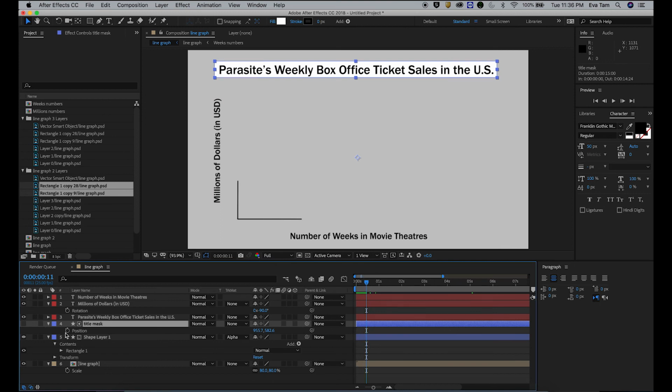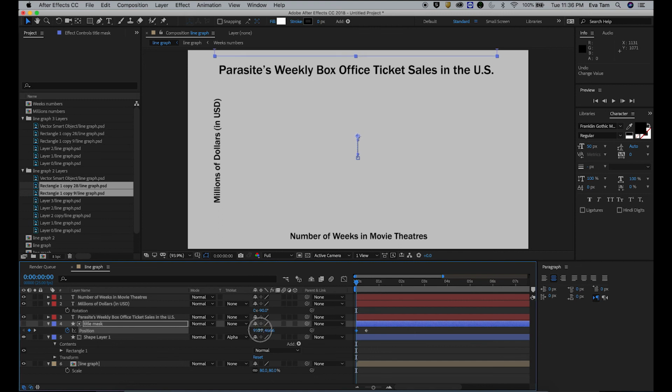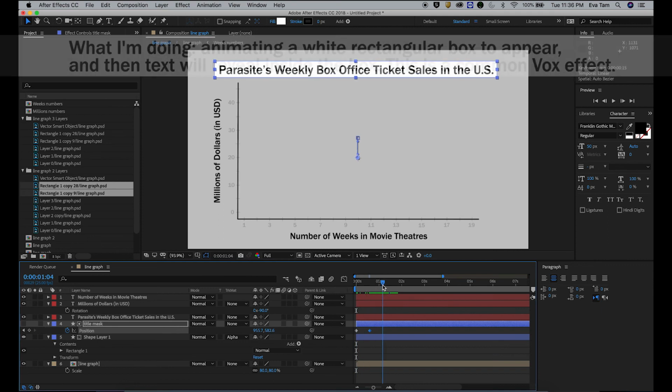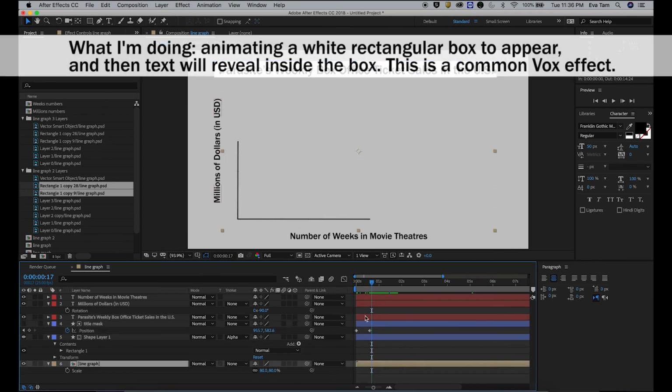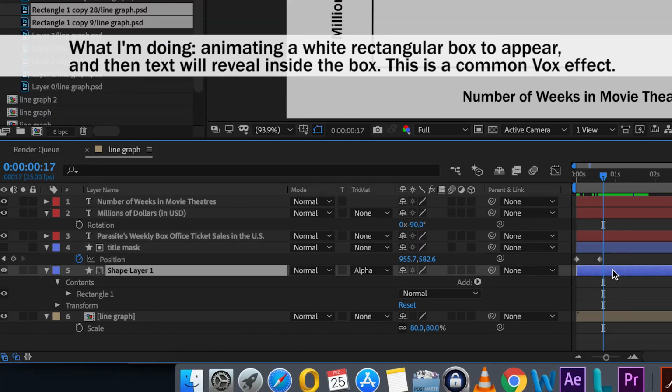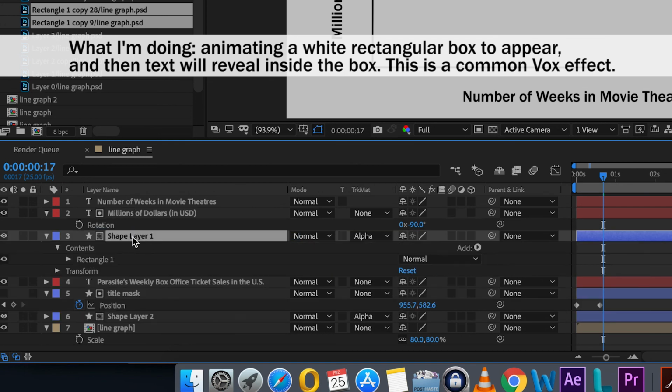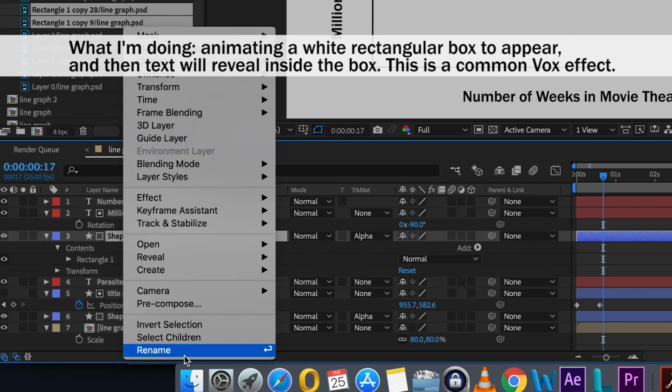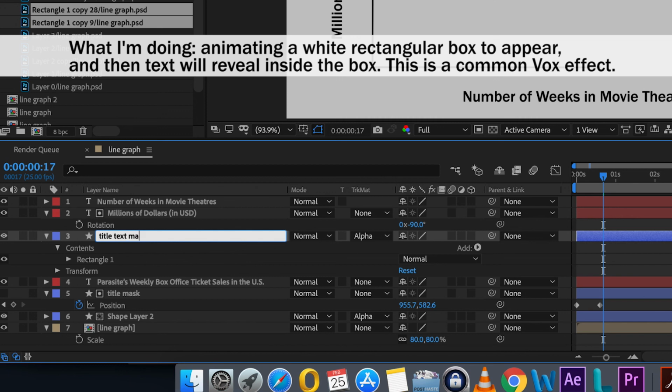So I'm gonna position here and then move up like so. And then the title can also have a matte. For example, title text mask.